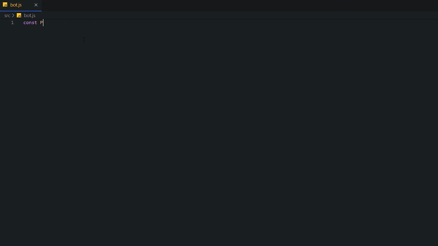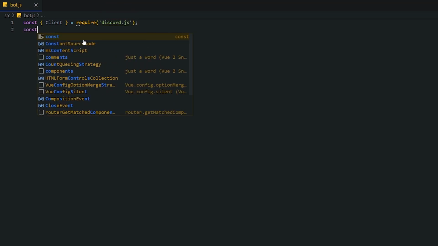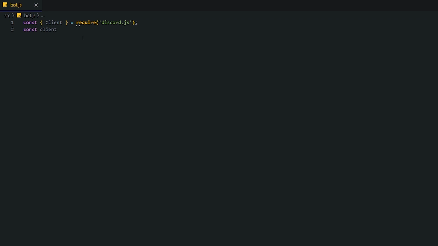So let's just go ahead and get our bot to log in real quick. We're just going to do the basics, no command handler. So I'm importing the Client class from the Discord.js module. That's what this curly brace is doing. It's basically destructuring the class itself from the module. So we don't import the entire module, we're just importing the Client class itself, and then we're going to create a new instance of that client, and then we're going to just log the bot in,